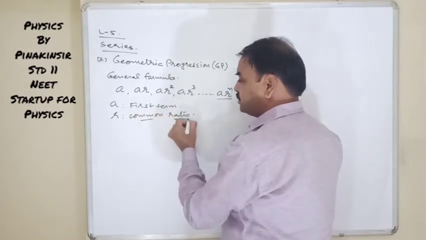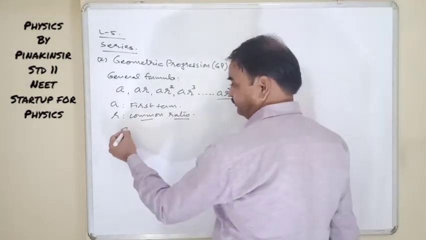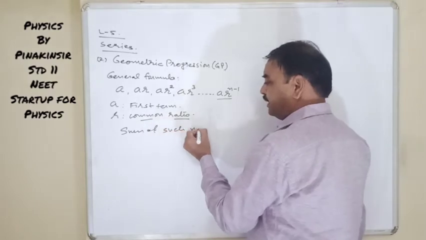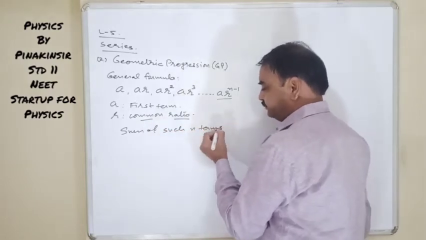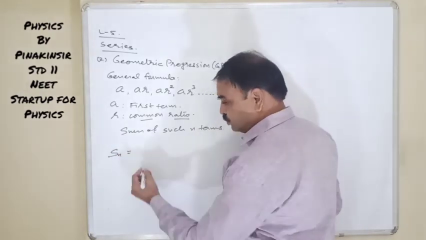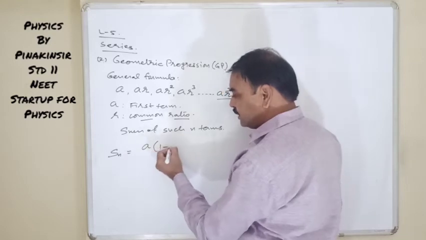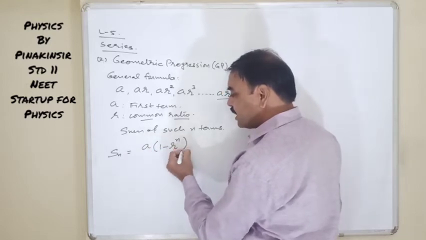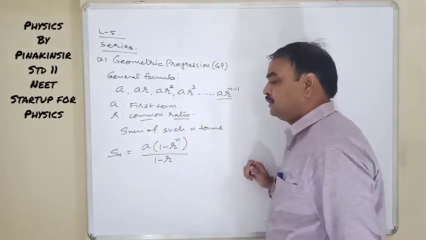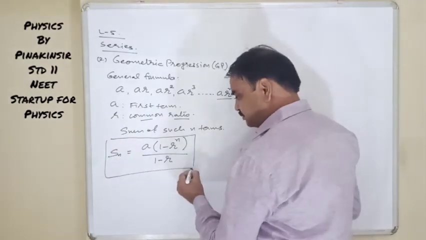between two successive terms, and the sum of such n terms is given by Sn is equal to a into bracket 1 minus r raised to n, divided by 1 minus r. This is the formula to get the sum of n terms, and